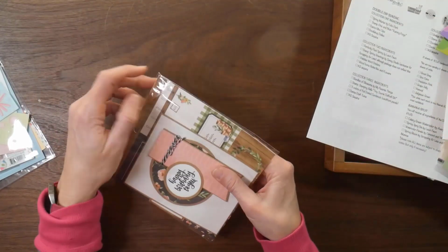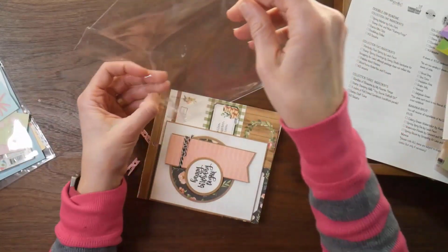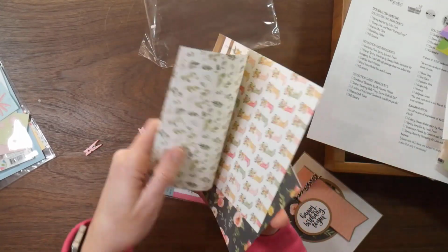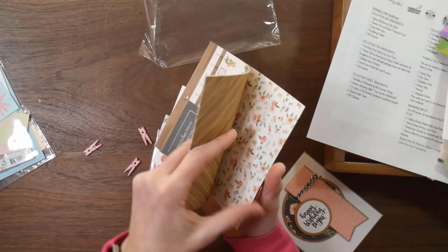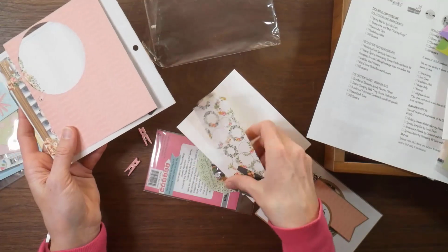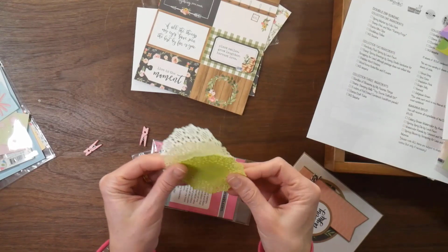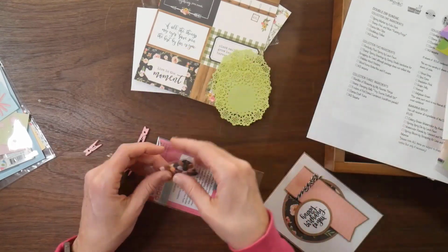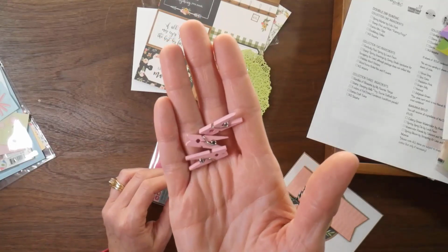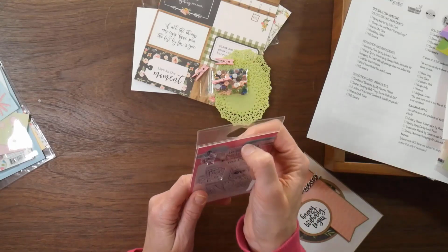is Spring Market by Echo Park. And so it's double-sided paper, and there's cut-aparts and some other patterns. You can see I've gotten into this one already. And look at these doilies, these cute little green doilies. Some sequins that coordinate perfectly with that paper, some little pink clothespins, and then this is a Pink and Main